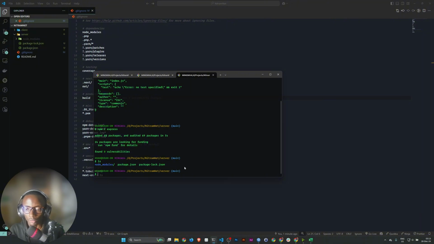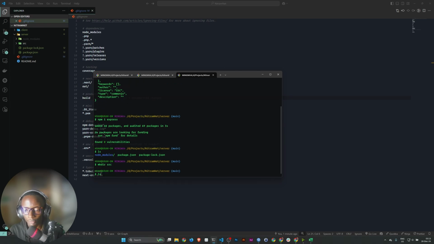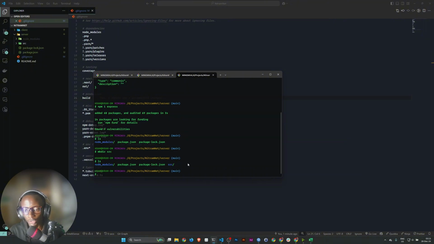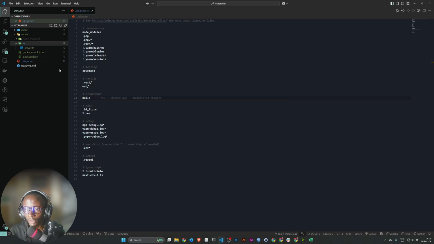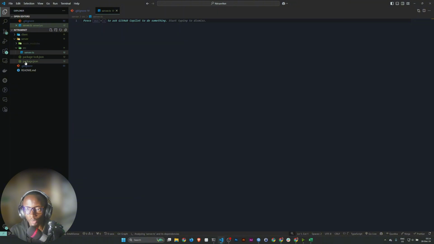So I'll create that folder, src. Now we have the src in there, and inside the src it's .ts, so server.ts in there, and that's going to be our entry point.